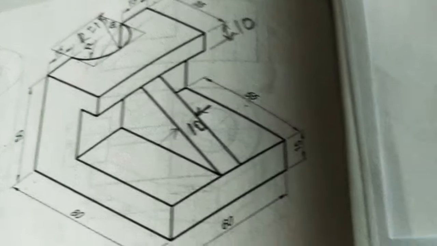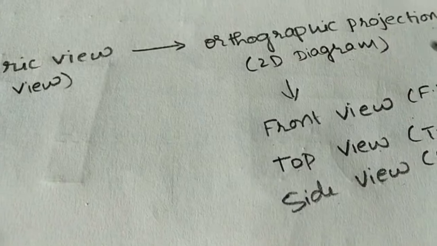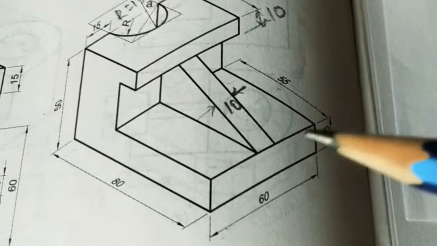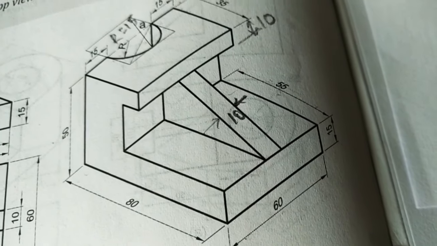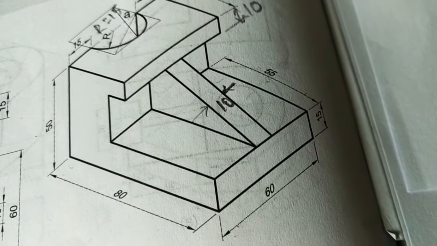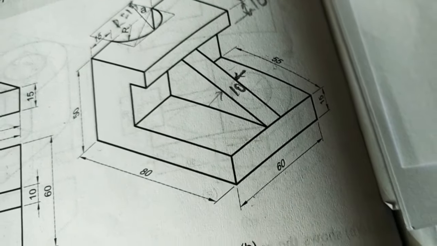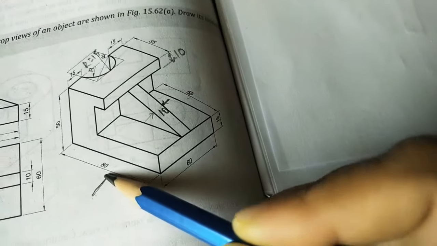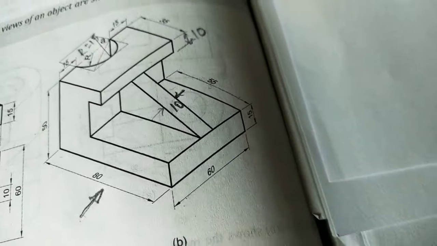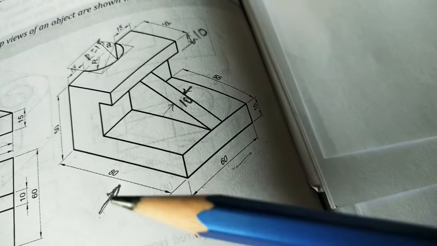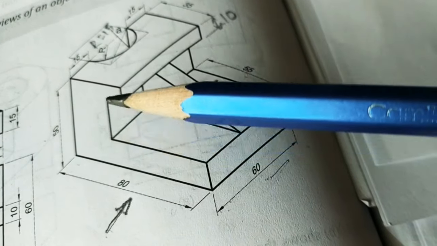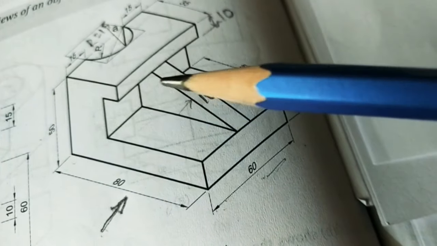Let us do all the three views in orthographic projections. Initially we have to do the front view of the given object. For the front view, in questions an arrow will be provided, but in this question there is no arrow. So for the front view we can take any arrow. Here I am drawing the arrow; this is the front view direction. But wherever the width is more, take that side as the front view direction. If we see from the front, we can see this L shape and then this shape, like a U shape.